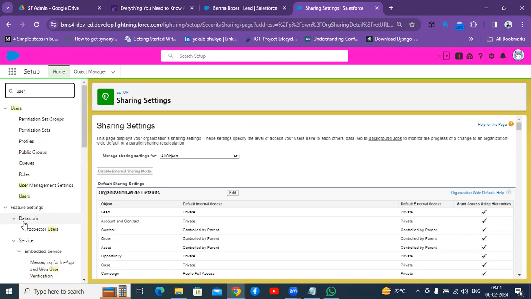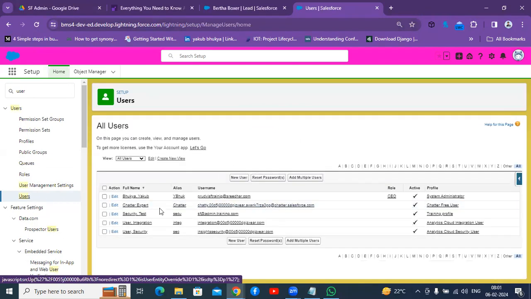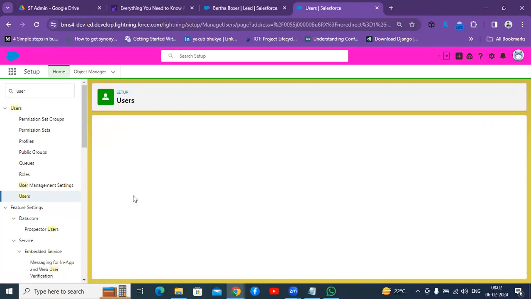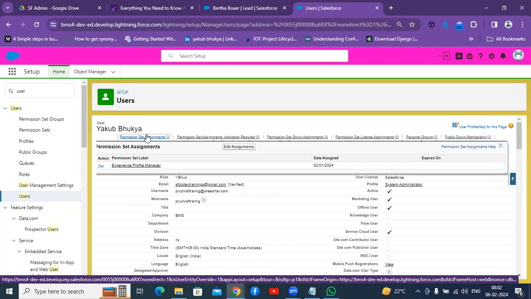System is a bit slow. So here you can see, let's suppose if I open my user, on the top you can see this user is present in how many permission sets.